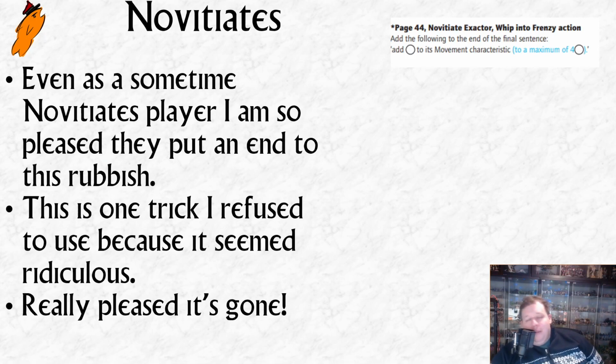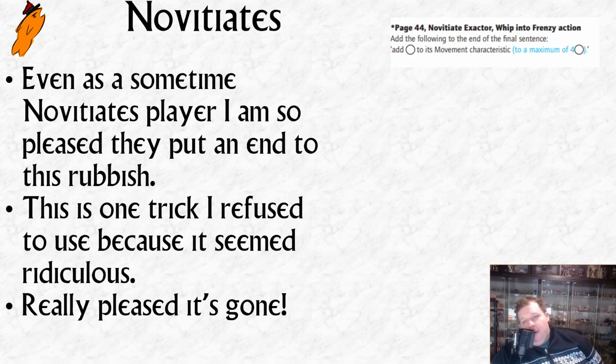Novitiate's got a nerf, and I'm so pleased about it, because this is something that, I don't want to offend people that were doing this. Like, it is what the rules said, but it was so beardy. And I know that the Kill Team community is really not that interested in words like beardy and cheesy. There's just, do what you want within the rules. It's a competitive game and all the rest of it. But this was absolute camembert.